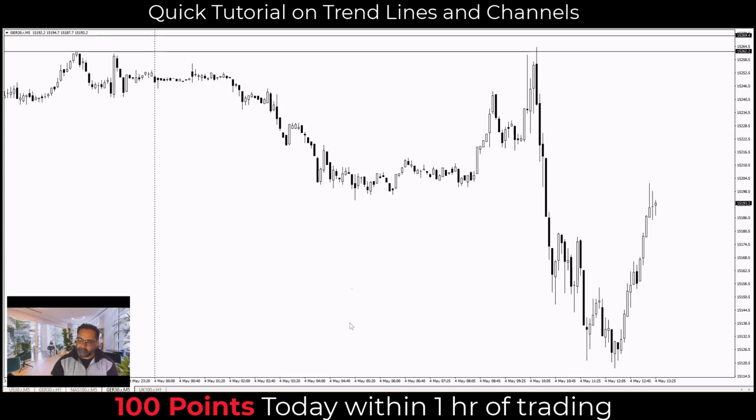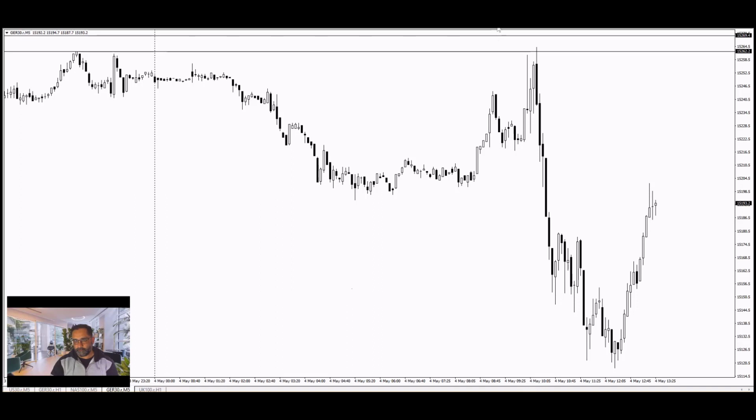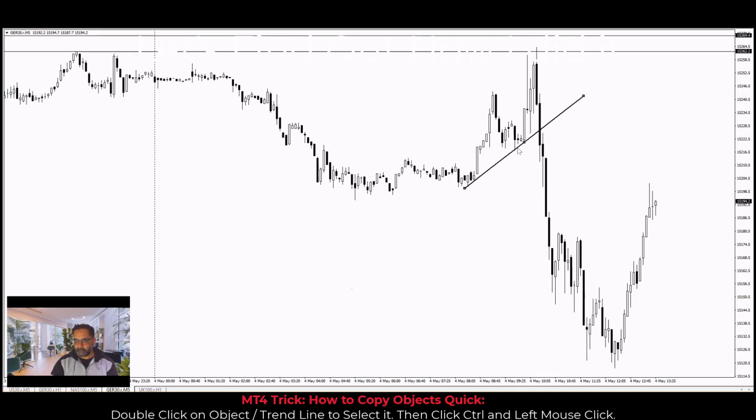Let's do a quick analysis of the DAX chart and let's talk about trend channels. I'm not going to go too much into basics, but to draw a trend channel, when the price is bullish, you want to connect swing lows with the swing lows, and then on the top you want to connect a swing high with a swing high. Sometimes you can just connect a channel like so,